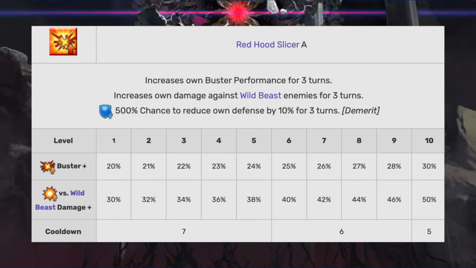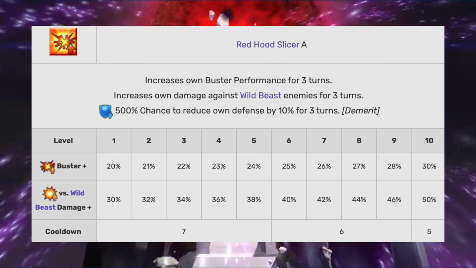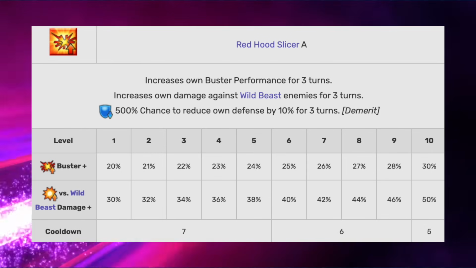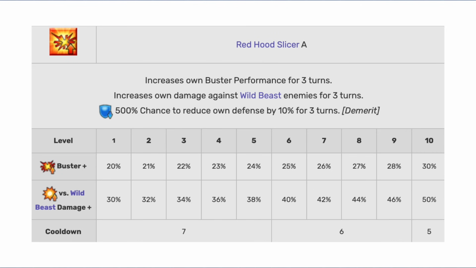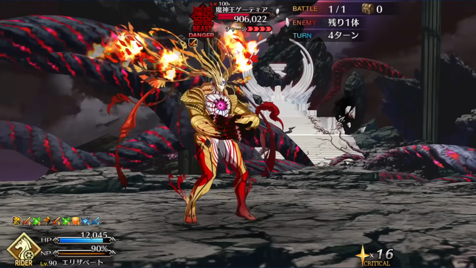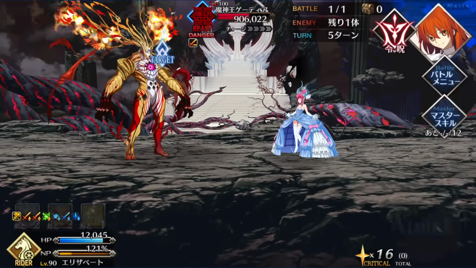rlly Liz's second skill is a 3-turn 30% buster up, as well as a 3-turn 50% power mod against wild beast enemies, and finally it also has a demerit where it's a 10% defense down on herself for 3 turns as well, and the skill once again has a 5-turn cooldown. So this is not as impressive as her first skill in my opinion, but it is still an extremely solid